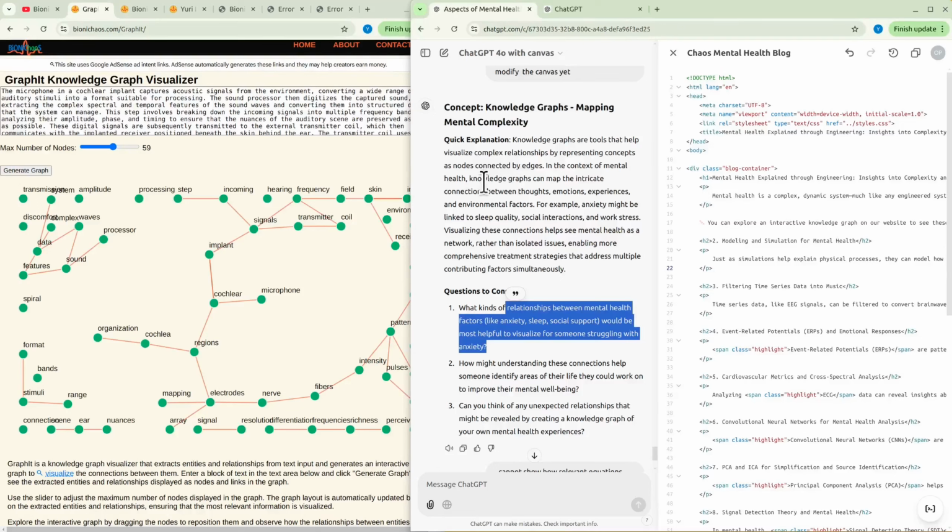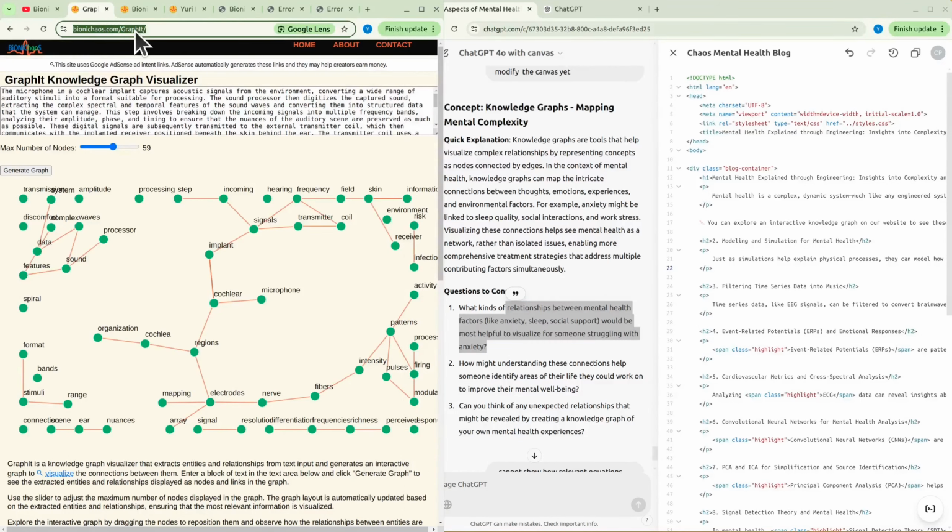Yeah, ideally if we had some sort of API to the page where you can ask, how difficult would that be if you could have the link to the GraphIt knowledge graph page with text embedded in the URL, as an HTML, what is it, POST request? Could that work? We currently don't have a backend,